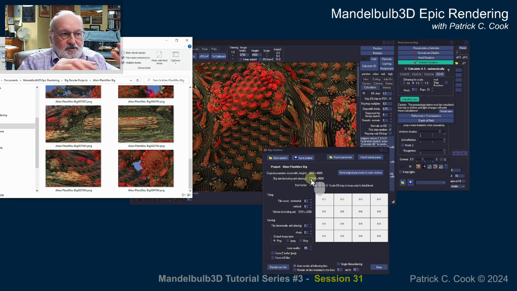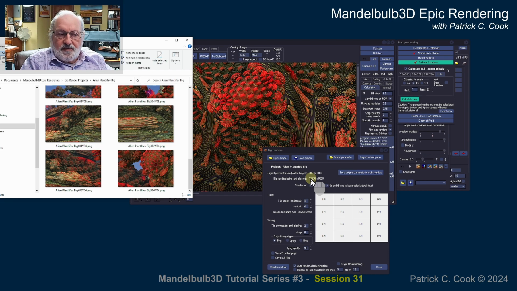That's why we overdid the resolution, but it gives us some leeway in which we can prepare our final image to go out to the print vendor. So what we want to do is